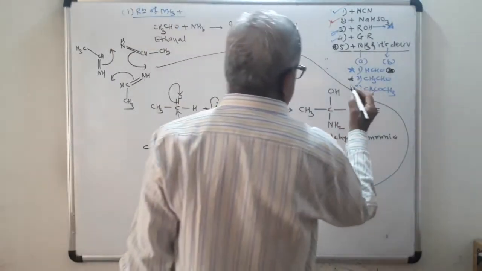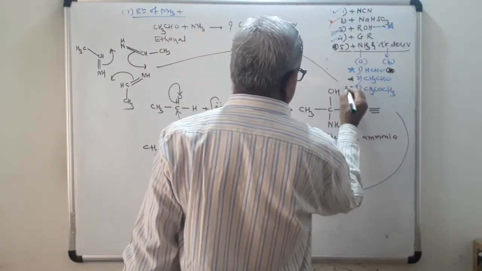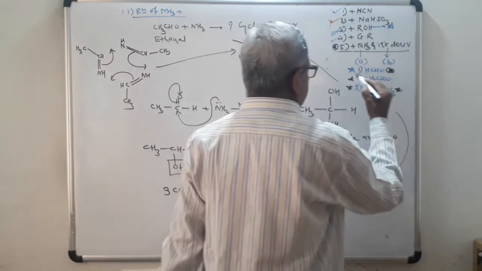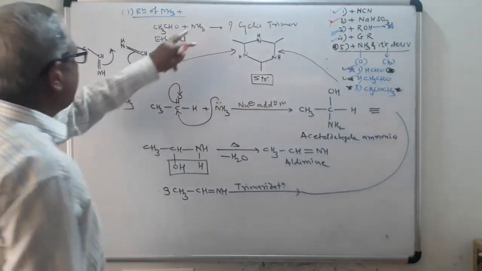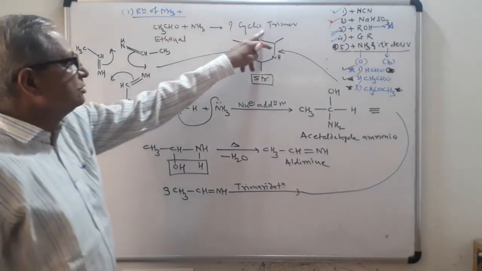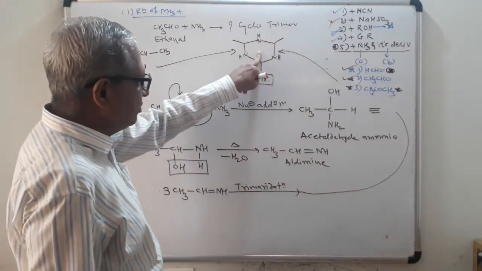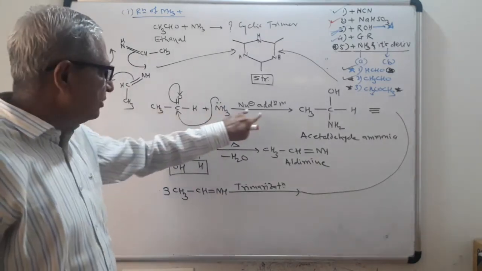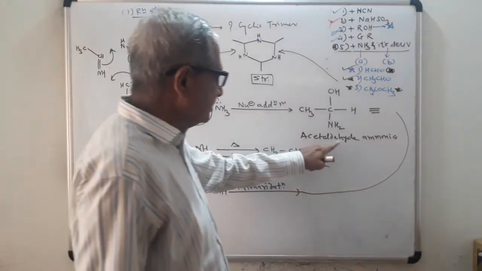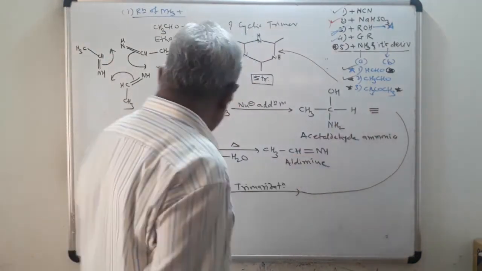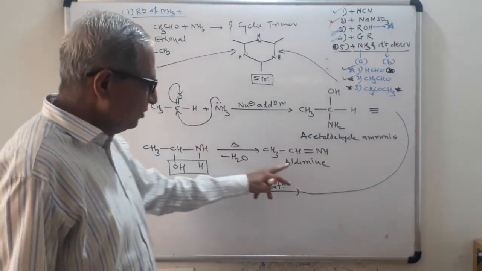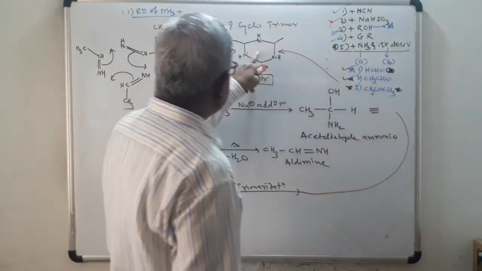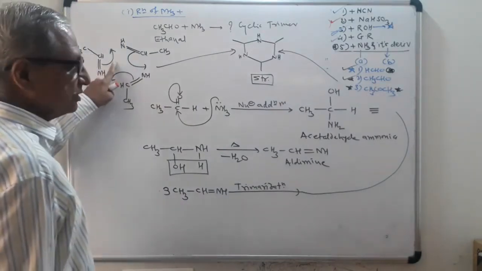Now the third reaction is also important, that is the addition of ammonia to acetone. So take a brief revision of the second reaction: the addition of ammonia to acetaldehyde gives the cyclic trimer. This is the structure of the trimer. I will explain how it is formed. When acetaldehyde is treated with ammonia, it undergoes nucleophilic addition and you get acetaldehyde ammonia. The structure can also be written in this way. You can remove the water molecule and you get the aldehyde imine. These 3 molecules undergo trimerization, and you get the cyclic trimer. This can be explained by using this reaction.